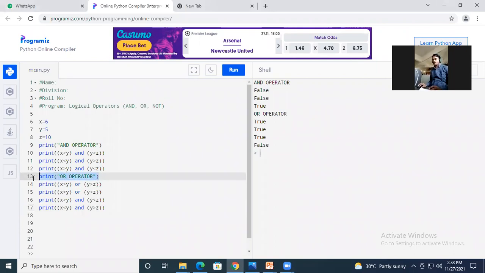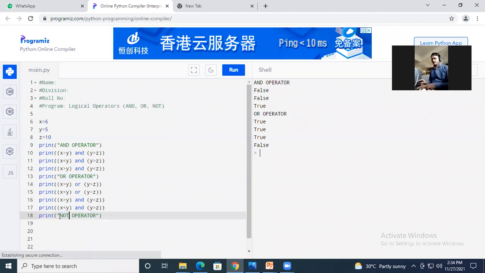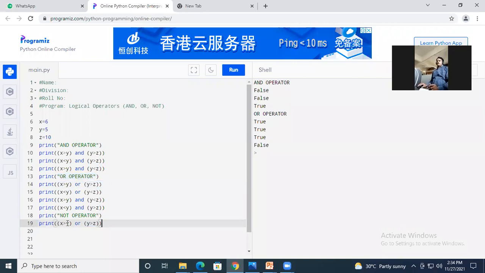Now we have one more operator, NOT. Okay, for NOT operator, you need not to have this. Not